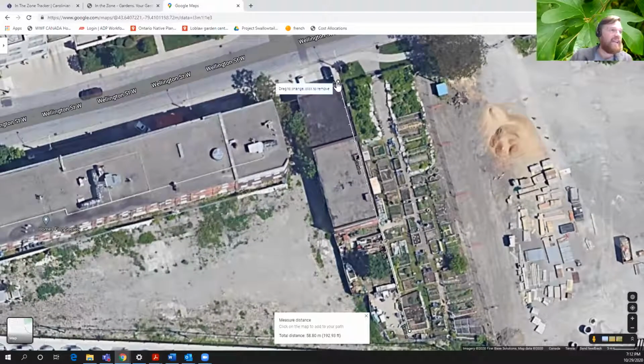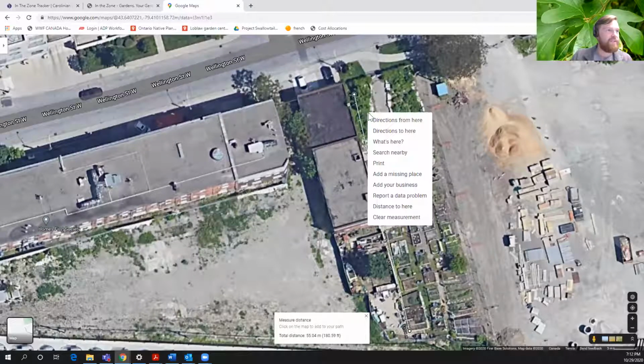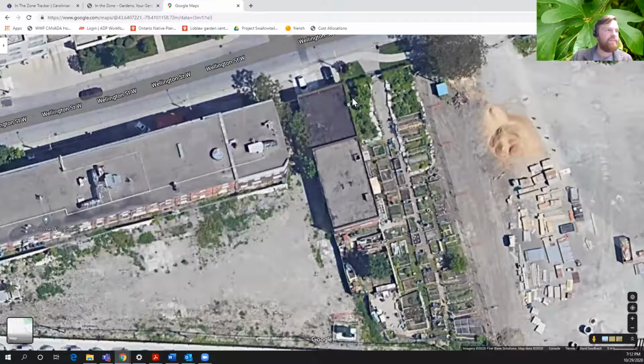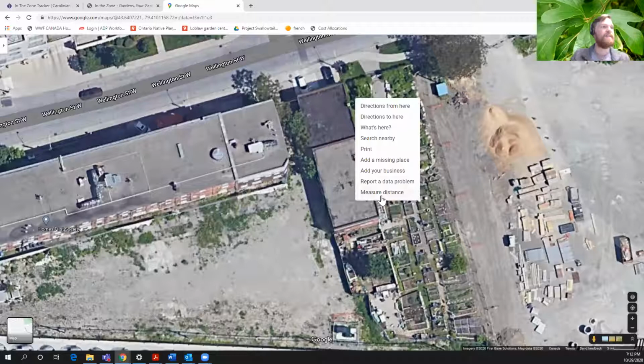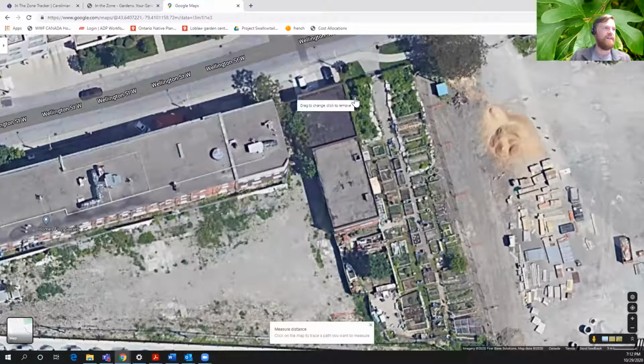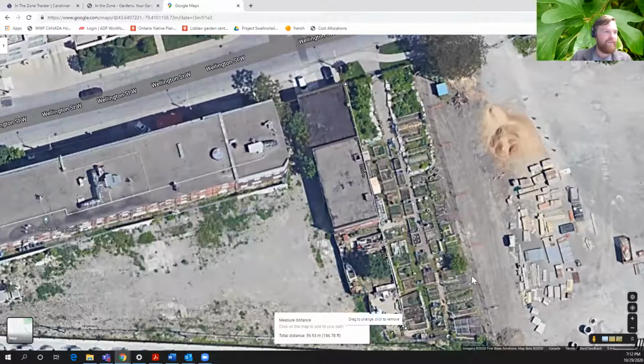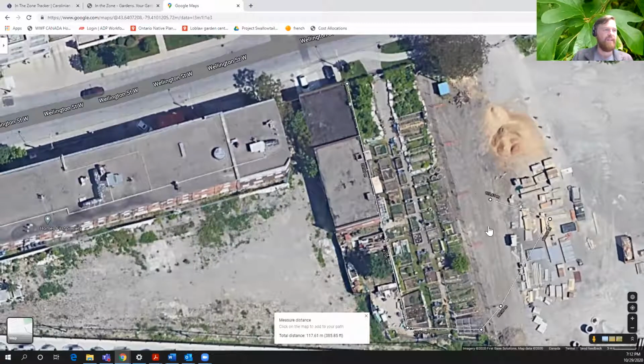And in order to get the area, what you can do is just right click, and then click measure distance. And then move this little dot and click somewhere else, and bada boom. That's 56 meters. And of course, you can keep clicking to make a jaggedy line.